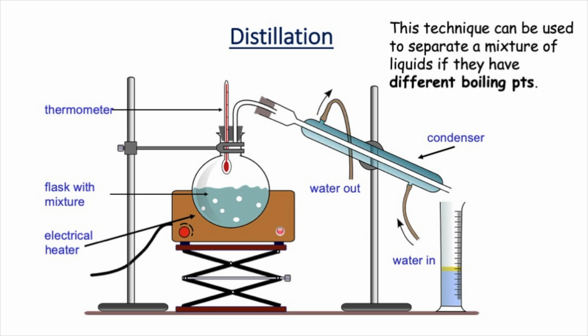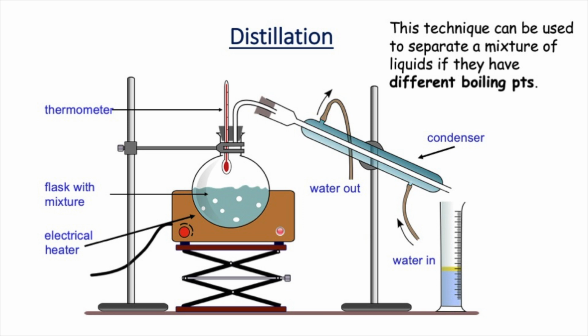Now, to help the vapour turn back into a liquid, the flask is connected to a condenser, and the condenser has cold water pumped through it. Water goes in at the bottom of the condenser and out through a tube at the top of the condenser, and this keeps this part of the apparatus very cold, and it enables the vapour to cool down and condense